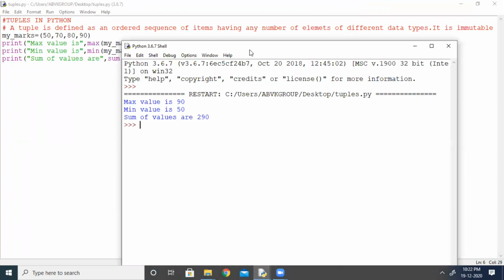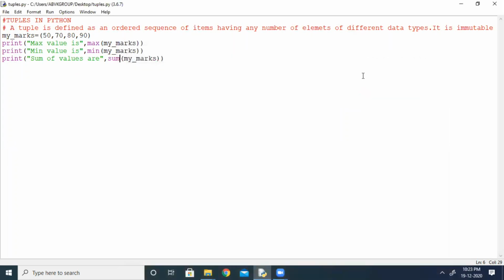Now we will use the sorted function. Means elements of the tuple we can arrange them in increasing order using the sorted function. So what we will do? Now we want to arrange these values using the sorted function. So for that, what I will write?